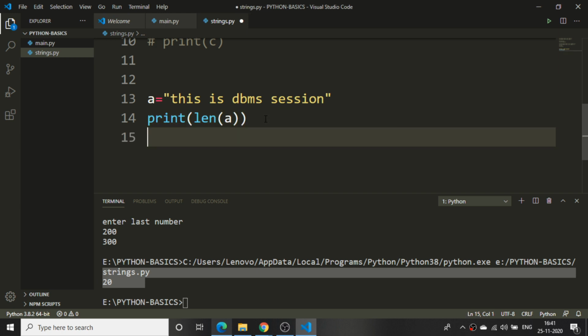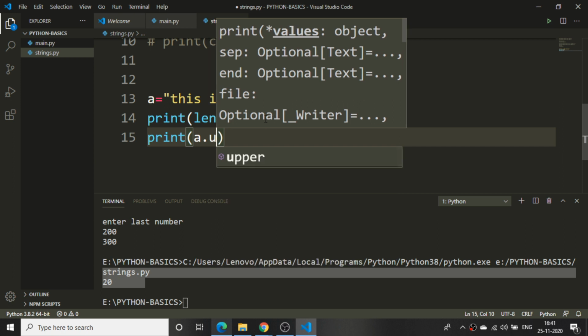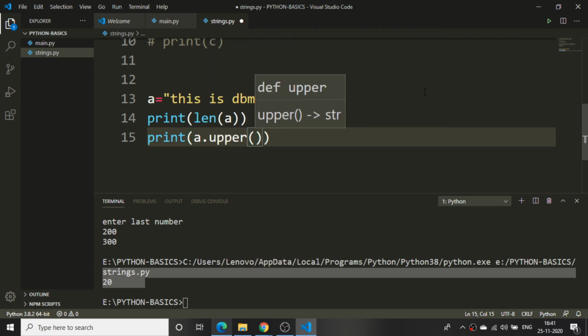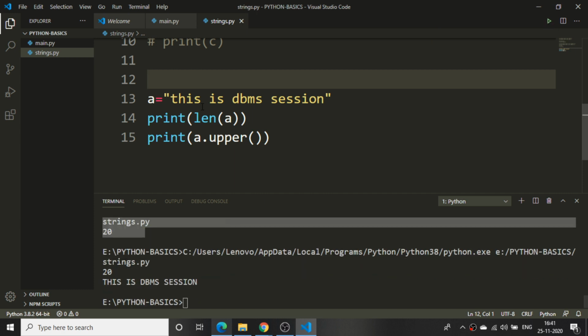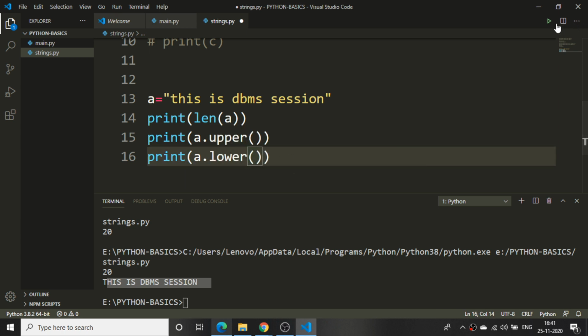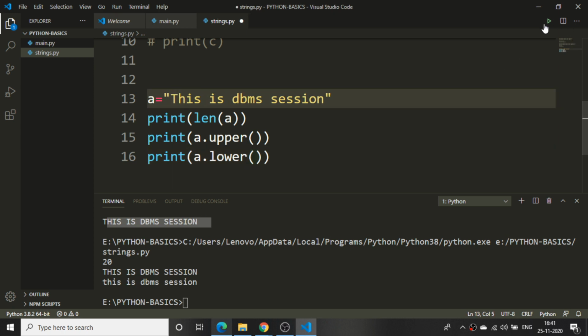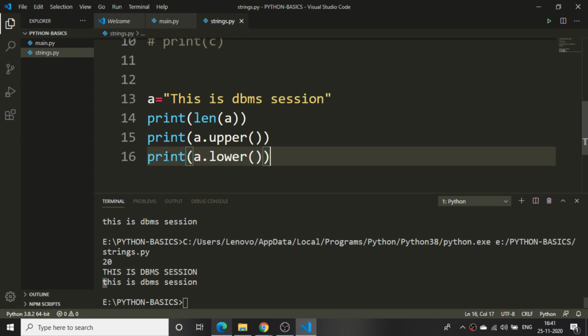Again, if you want to print something, now I want to convert the stuff into the upper character. So how can I do that? Whatever the string is there, just make it into the upper character. I'll just tell upper. Run this program. You can see it was in small letters, and all the stuff has been converted into capital letters. So this is upper. We have the same thing for lower. Obviously if it is already in lower case, it will give the output same as it is. If the T is a capital, I just save it and run, and you can see T has been converted into the small letter when it is printing it.